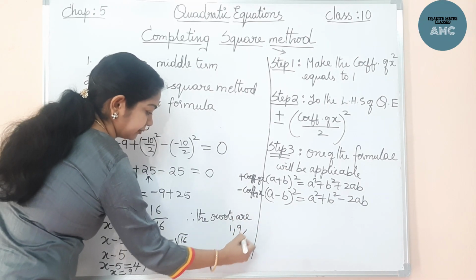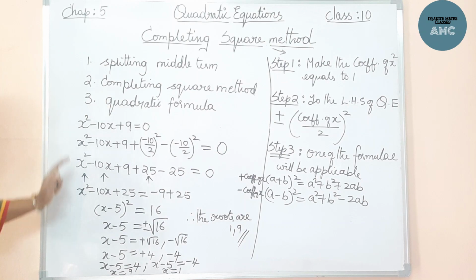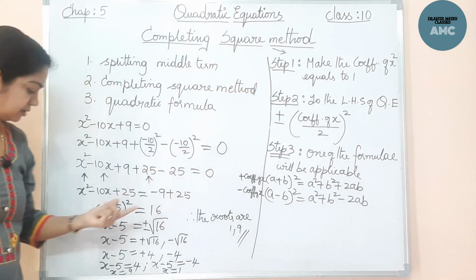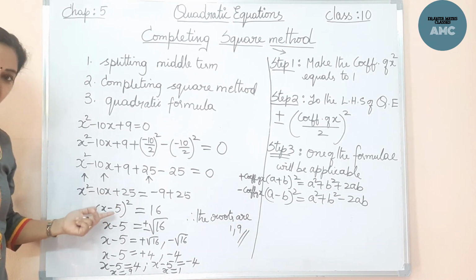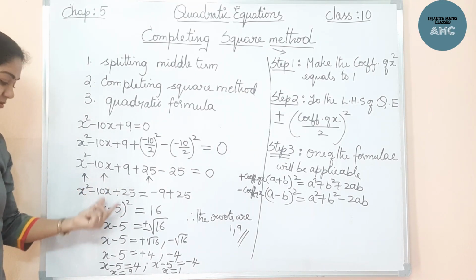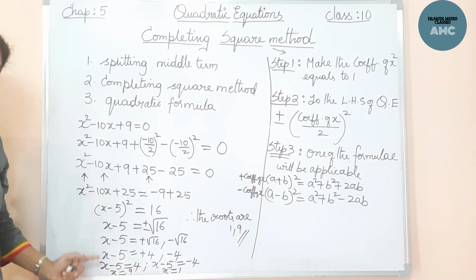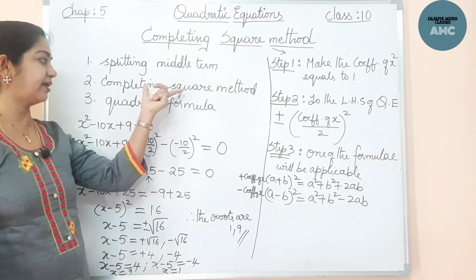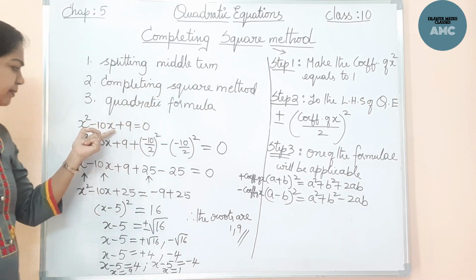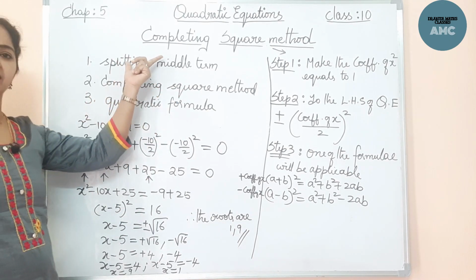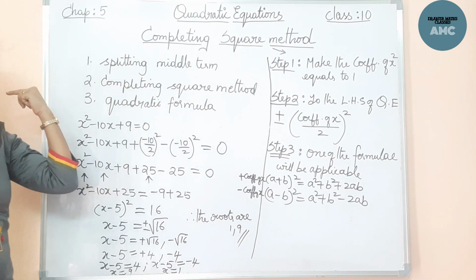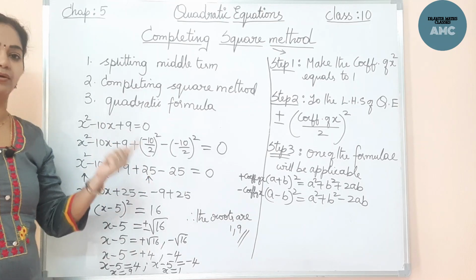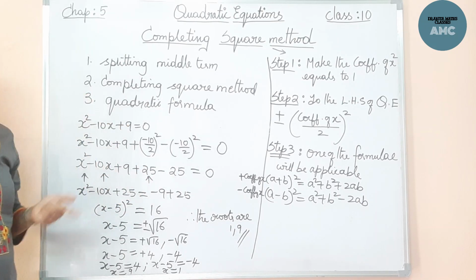So therefore the roots are 1, 9. Right. So I've done it according to the completing square method, because here we are taking the squares, we are bringing it into that square form. So we are completing it using the square. So like this we can find out the roots by the second method, that is completing the square. The same problem you can do in the splitting the middle term also, that we have done in the previous session, isn't it? Now whichever method is asked, you have to go with that method, or else if it is not asked, you can choose your own method.